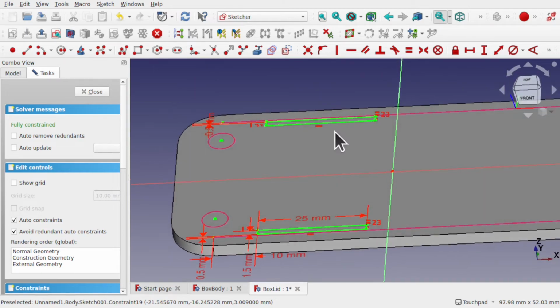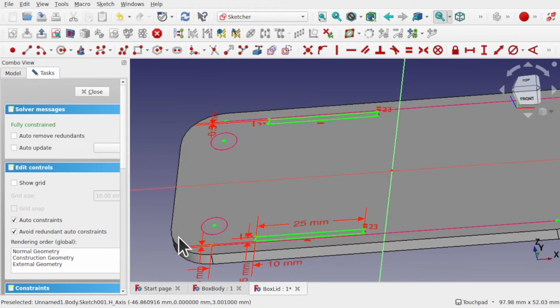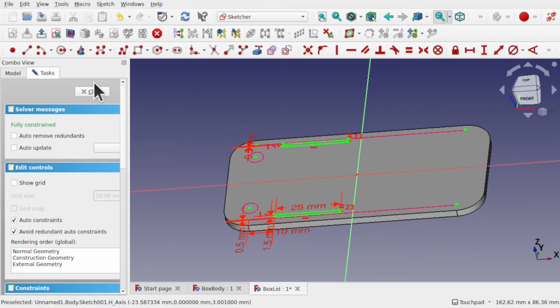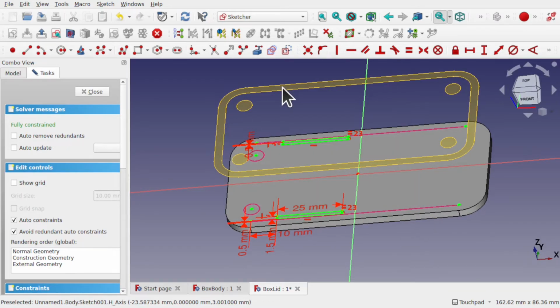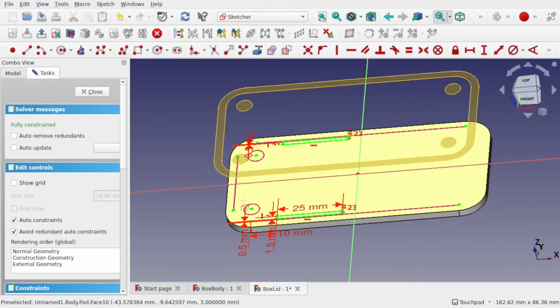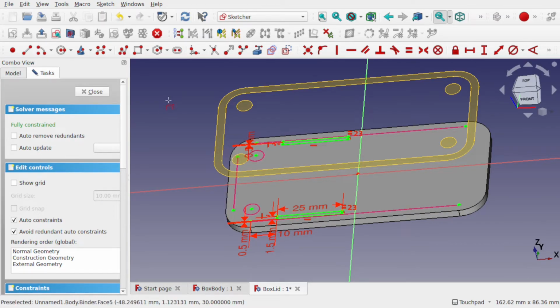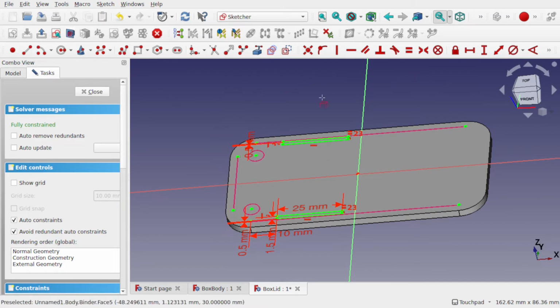We also need to do the same with importing the line in this side. So I'm just going to zoom out a bit and use the section view so I can see this again and import this inside edge. So using the import tool, grab that inside edge, that projects it onto the sketch, use the section view to get rid of it,